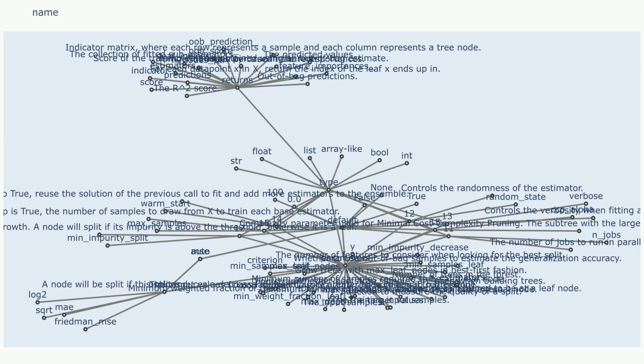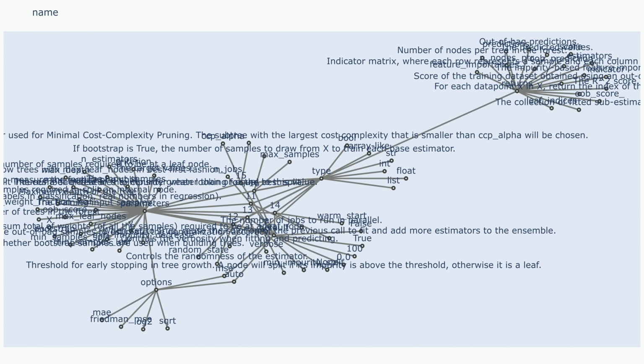Unraveling the Power of sklearn's Random Forest Regressor, a comprehensive guide. The Random Forest Regressor in scikit-learn is a powerful ensemble learning method used for regression tasks. It builds upon the core idea of decision trees, combining multiple trees to achieve a robust and accurate prediction. This guide will delve into the intricacies of this algorithm, shedding light on its inner workings and guiding you through